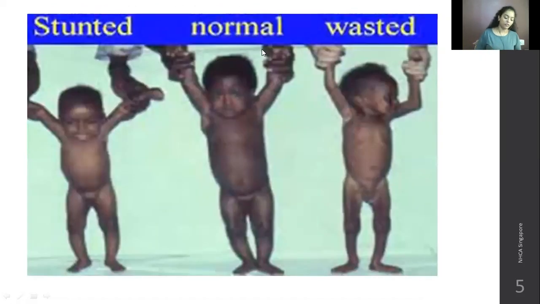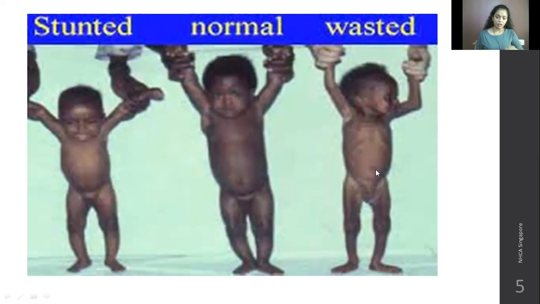Another type of malnourishment which we commonly see in developing countries is stunted growth. Like here the height will not increase, because the child's body has adapted itself to a low protein diet, and because of that there is severe stunting seen. Stunting means height will be affected. And this is a normal baby of the same age, you can compare them. And then this is